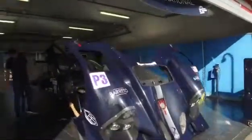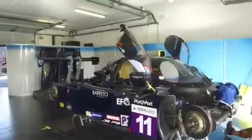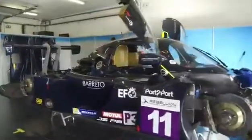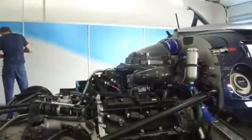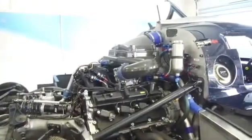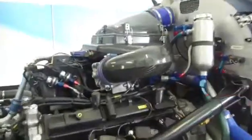First up is going to be the first of what is a gaggle of the Ligier JSP3s. These cars have dominated in numerical terms. We'll take a quick look around the back here, Julien. If you take a quick look here, this is the Nismo engine, about 430 brake horsepower from these V8 engines, X-Track gearbox. And here, inside that little yellow sticker, that tells us that's the